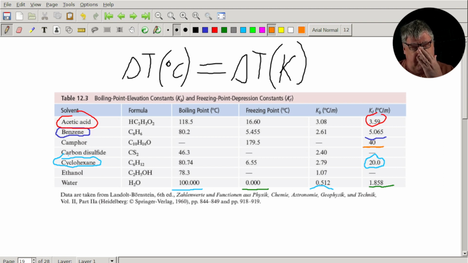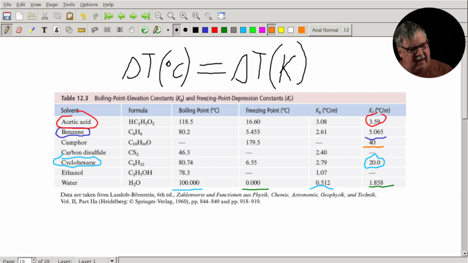All right, what we've made the shift to doing, we used to use acetic acid as a solvent, but we had one colleague who was really allergic to it, and it also doesn't smell very nice. Some people like the smell better than others. So we've gone to a solvent now called tertiary butanol, which doesn't have much in the way of smell. It's not particularly harmful, and it has a fairly large KF value as well. I think it's 8.3 degrees Celsius per mole. Water is not particularly good because it's kind of in the middle as far as its KF value is.